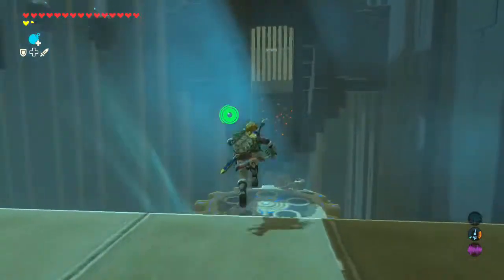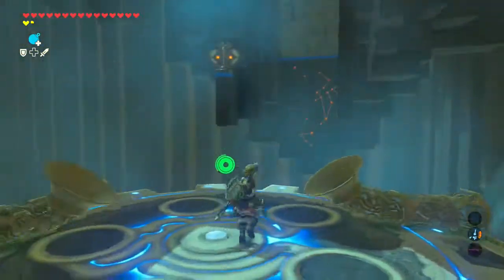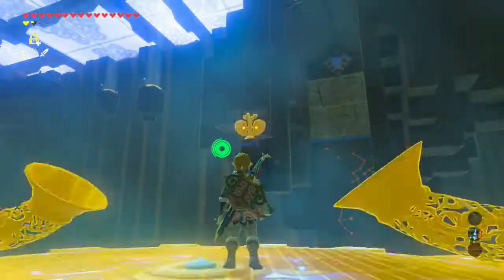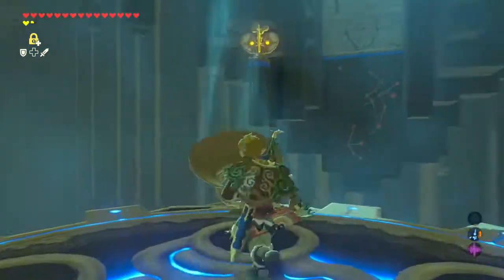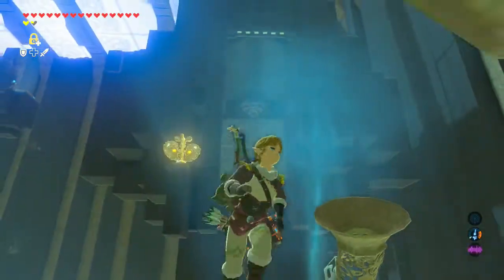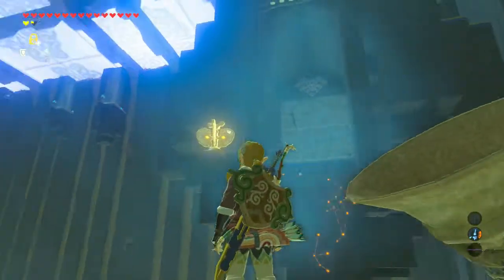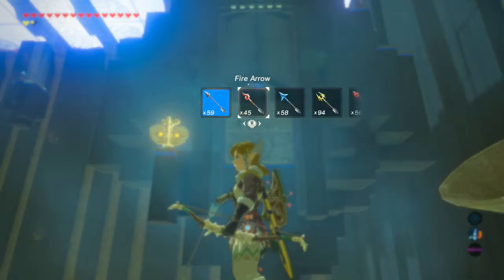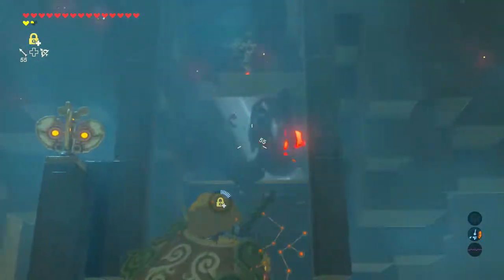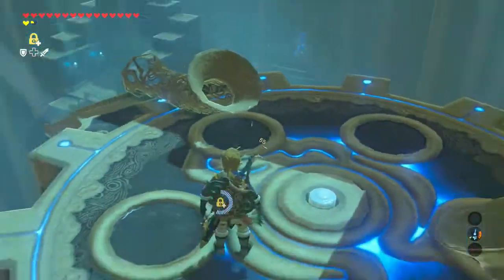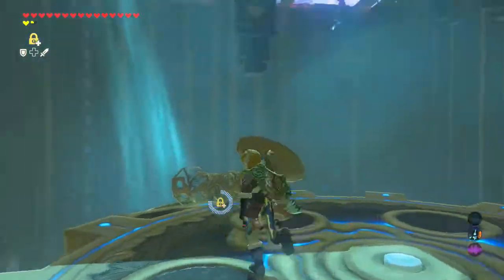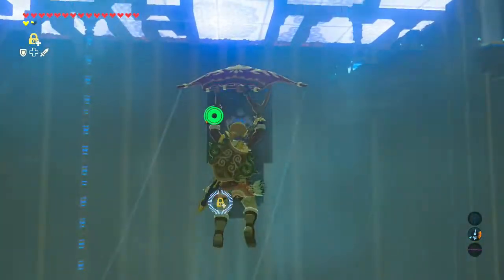Over here, this is where the timing gets a little bit challenging. What you have to do is use stasis on this weird spinning wheel thing, and essentially drop a bomb, time it perfectly, use it so that you can blow up those blocks over there. It can get a little bit challenging with the timing. If you don't have bomb arrows, that is. Bomb arrows break this challenge in half, and it just gets rid of some of the timing elements, not all of them.